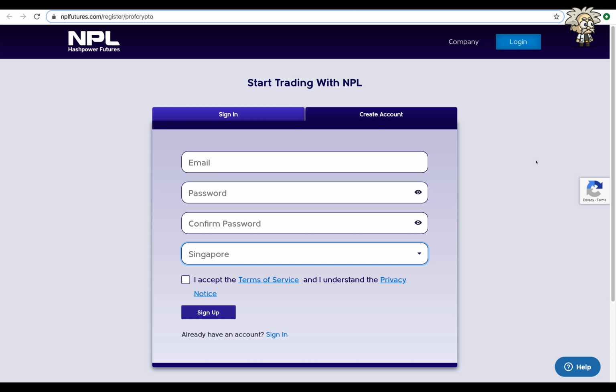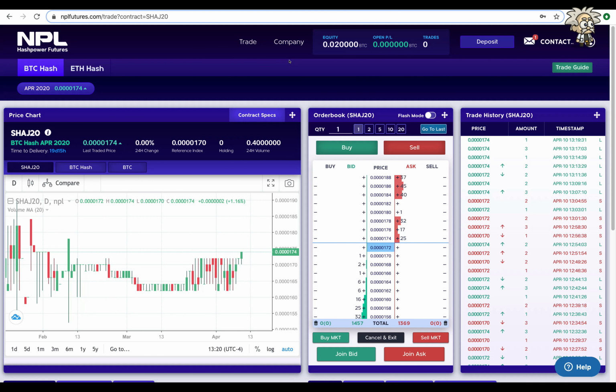Registering the account is very straightforward, guys. Once you get to the landing page here, what you're going to do is enter your email address and a password. You're going to confirm your password, enter your country, and accept the terms of service and that you understand the privacy notice. Always, guys, always read over these documents before you check that box saying that you accept and that you have signed up. All right, guys, so now that we're in, let's take a look at the features of